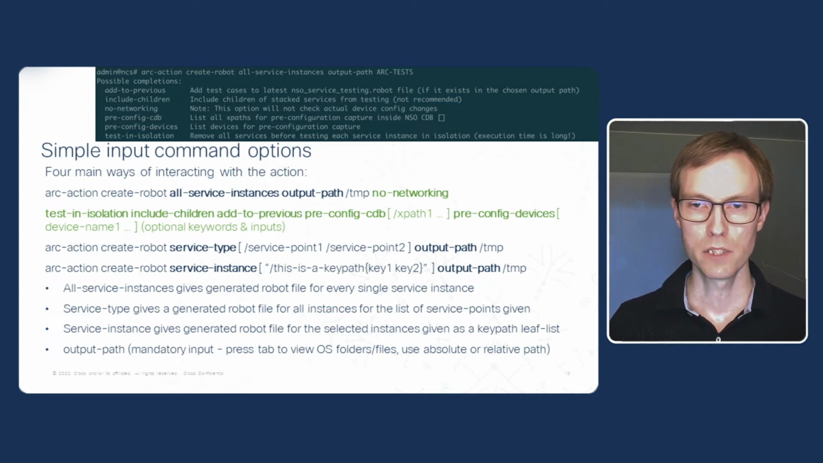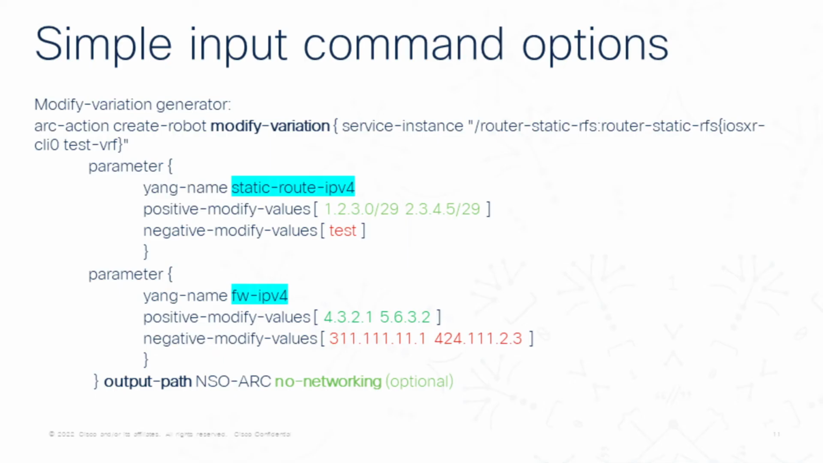Then, of course, you have this mandatory output path keyword, where you would then be able to use absolute or relative path and give a folder name where you want to actually store the test cases. Then you have the fourth option,